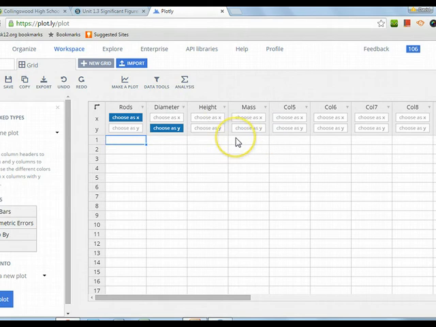Notice I'm not doing any calculations yet. Okay, and so what I can do is plug in the numbers here. For all the rods, there were 15 of them. And rod 1 was the shortest rod, but its diameter was about 1.51 centimeters, and its height was,